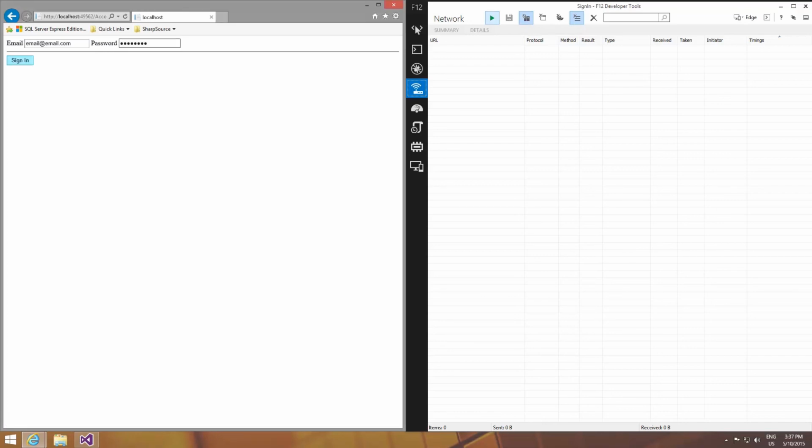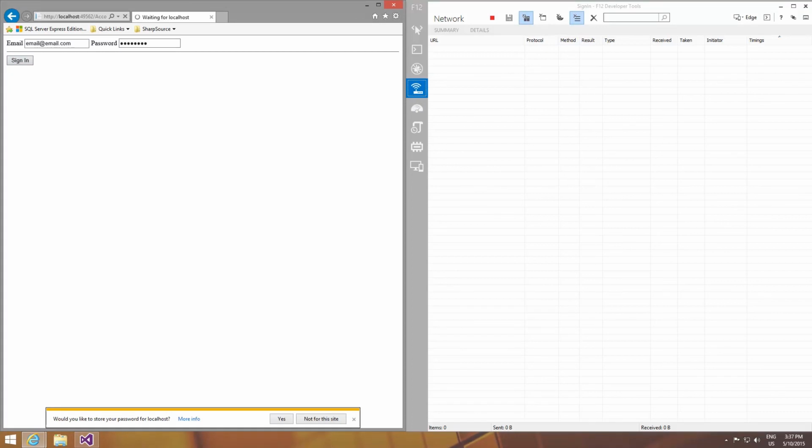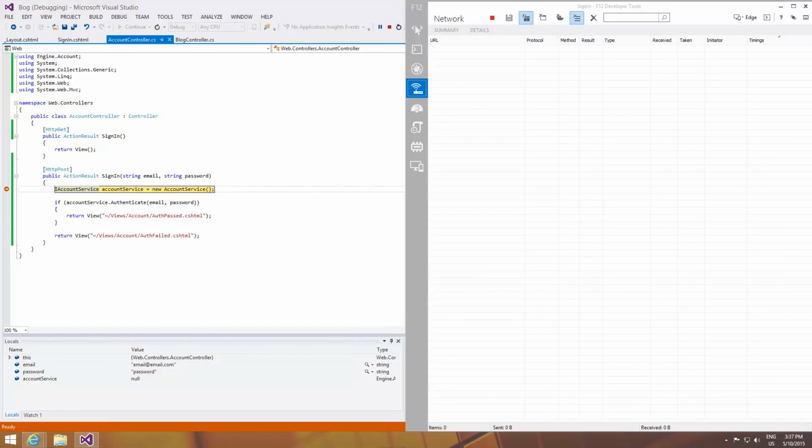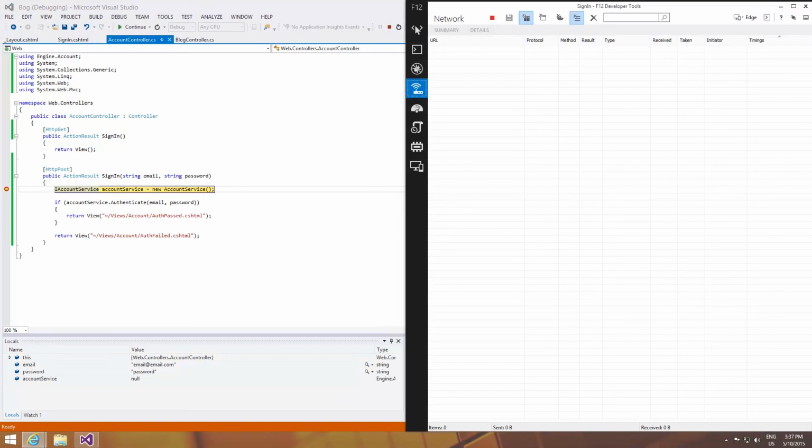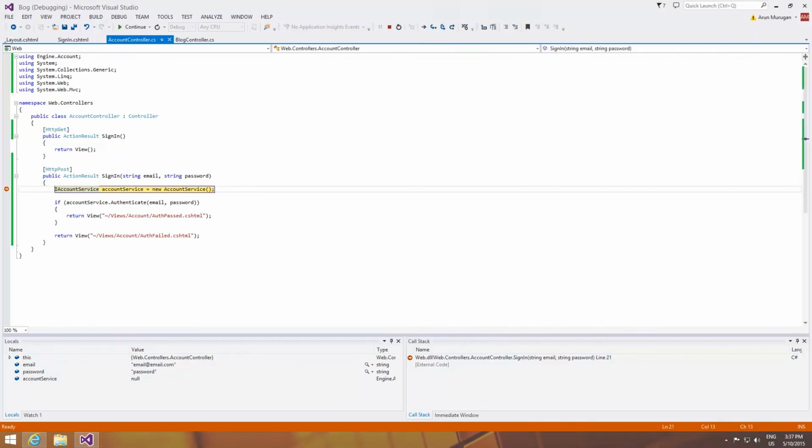All right. So, it's odd. I didn't get any. Anyway, so trust me on this. What the browser did was post the two form values, email and password, to our action here. So that's what we can see, and we can see that the passed in value is email at email.com there, and password. And this is taken care of by something called a model binder,